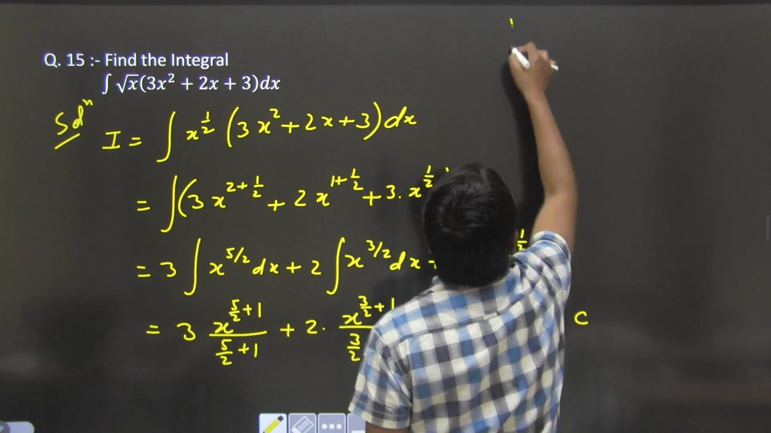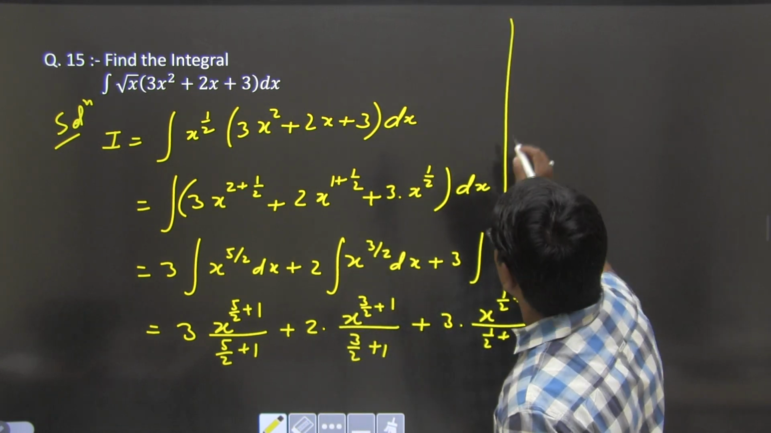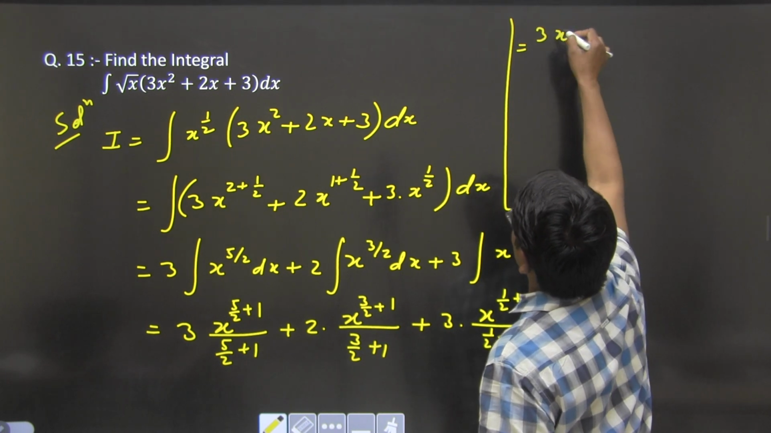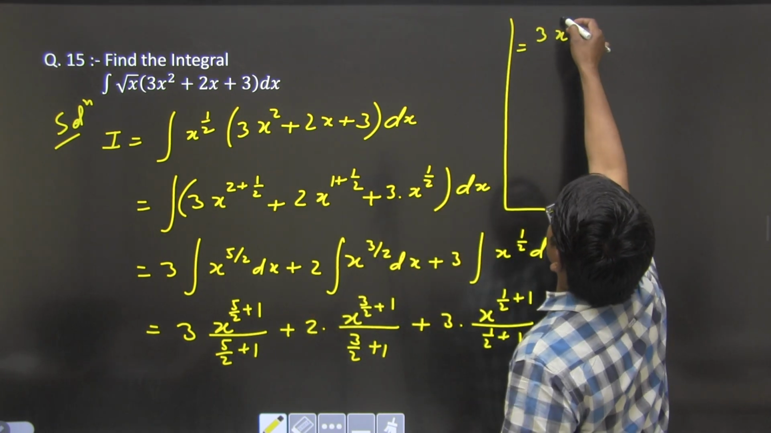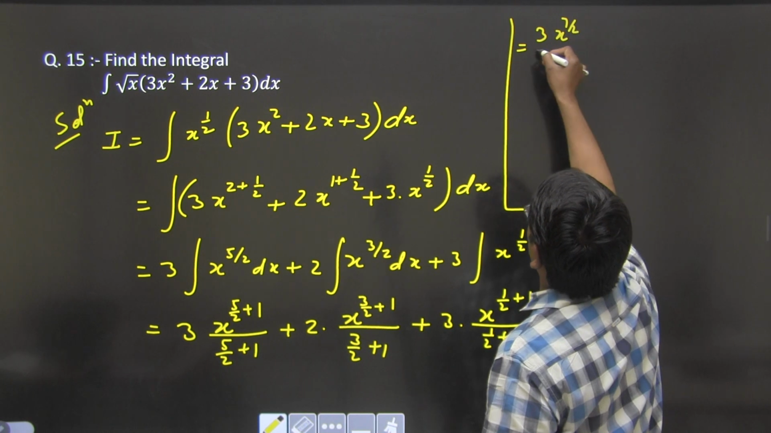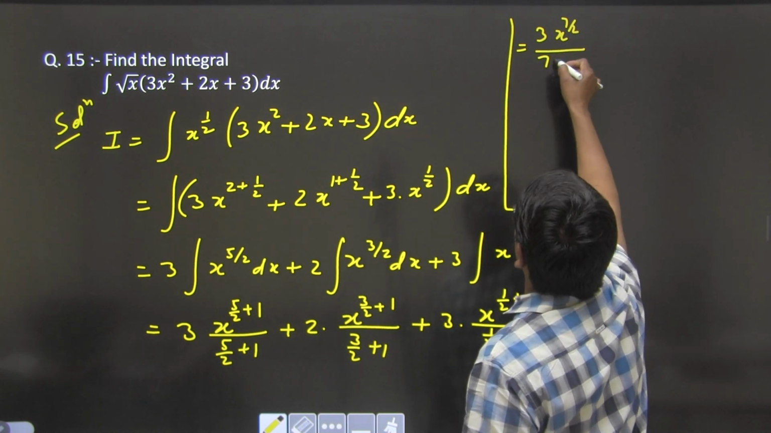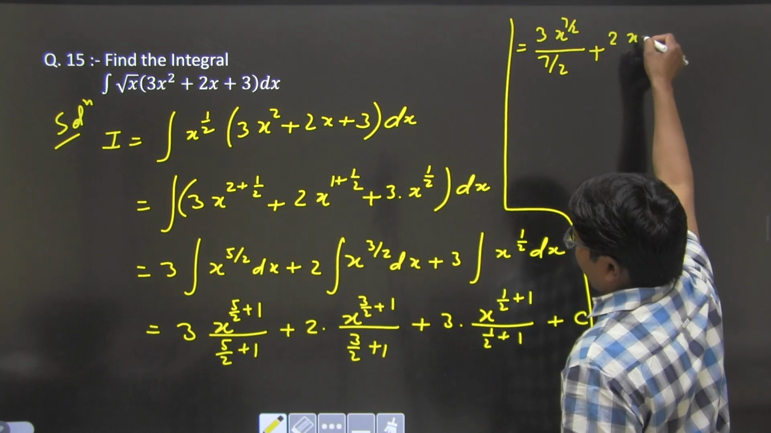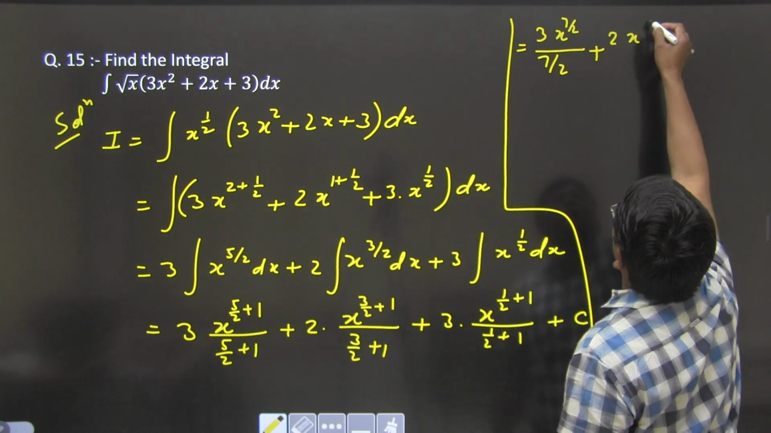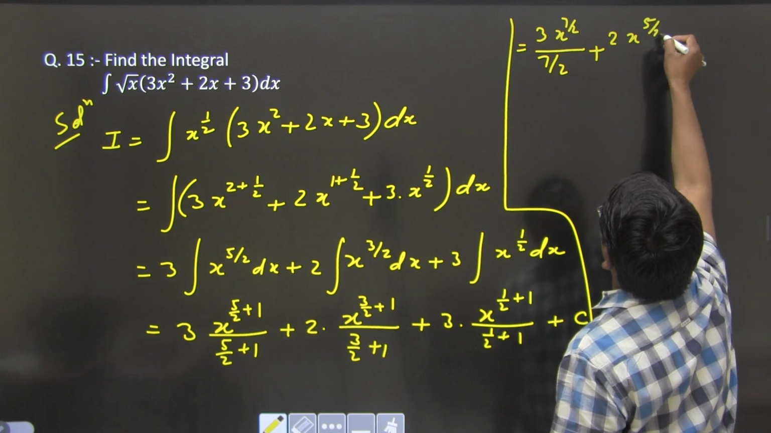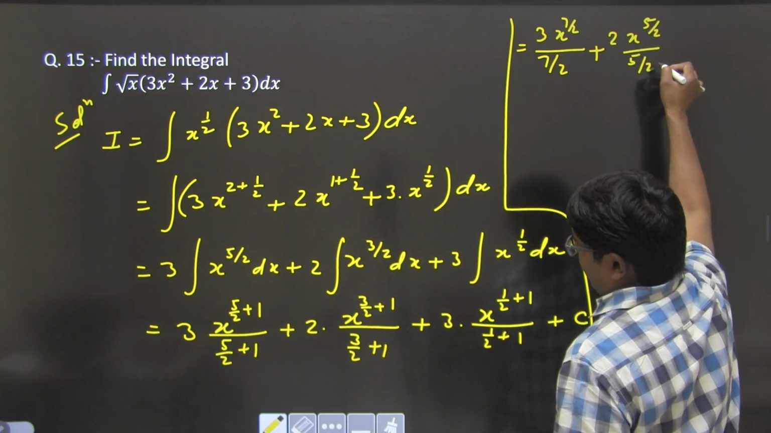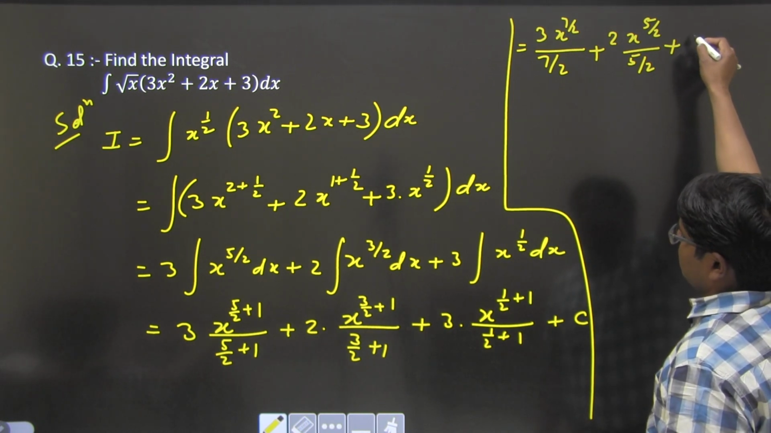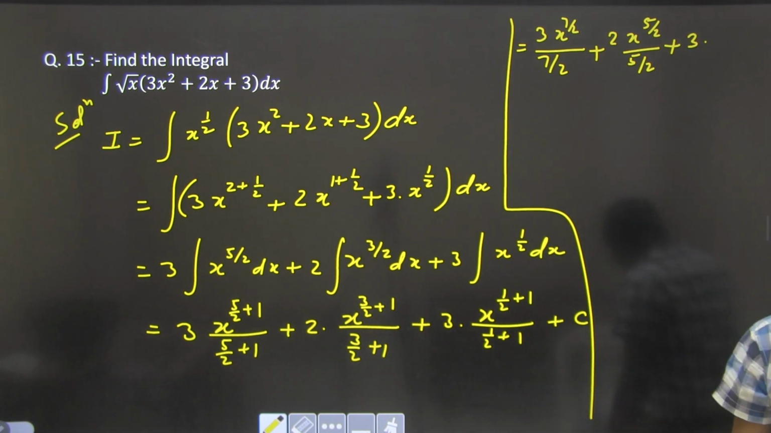just write down the answer over here. So, we will get 3 times x to the power 7/2 upon 7/2, plus 2 times x to the power 5/2 upon 5/2, right, plus, excuse me,